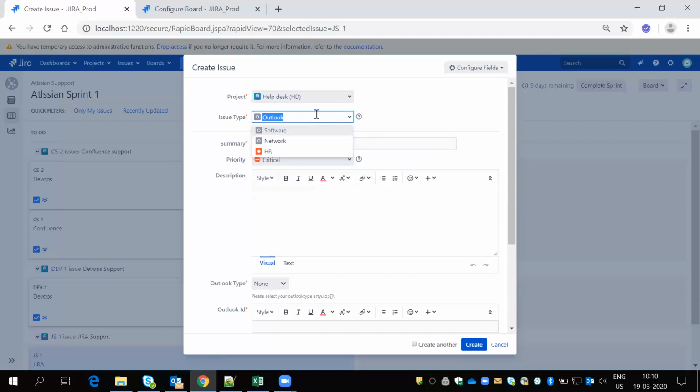Suppose I give the board permission only to the Outlook team, the software board only to software people, and the network board only to network people. So they always work on their own board. If I create any Outlook issue type, the same will go to that particular board only. The board will be accessible to Outlook people, so only Outlook people can access it. And if I create a software ticket, it will be created only on the software board.